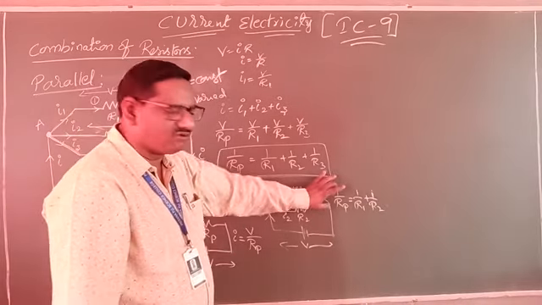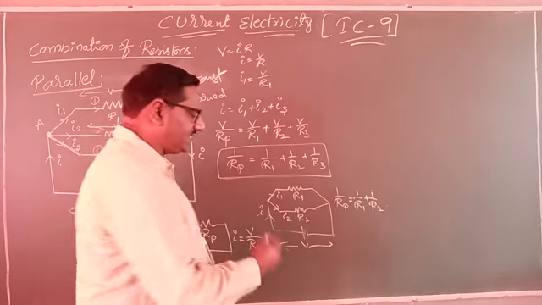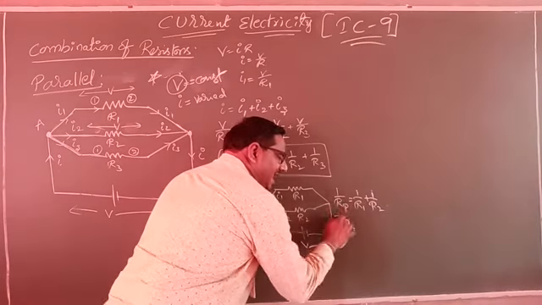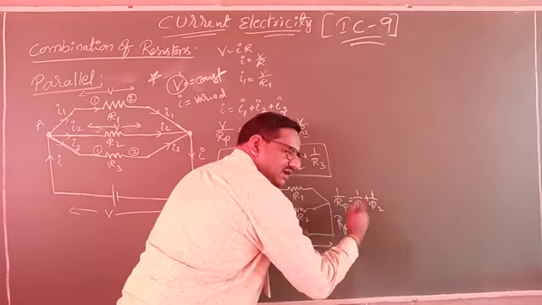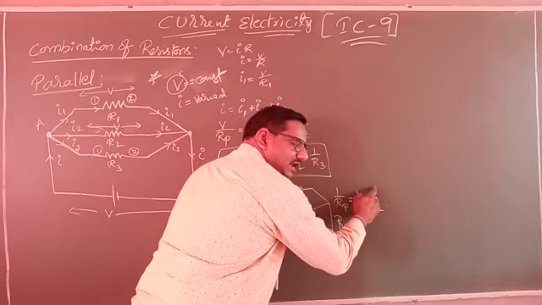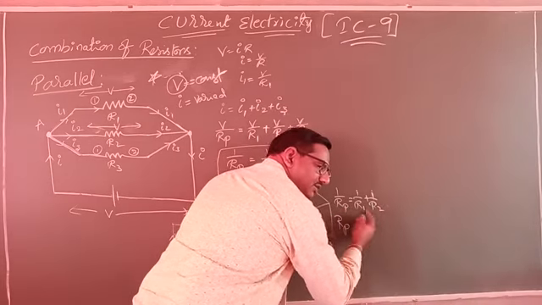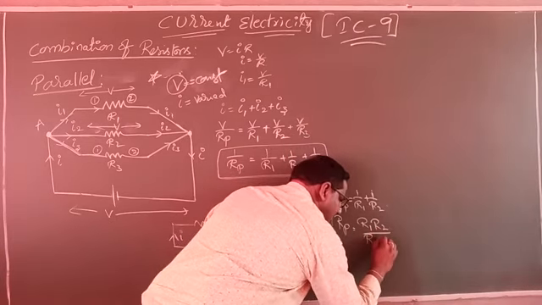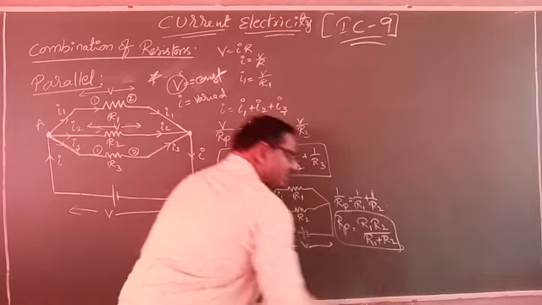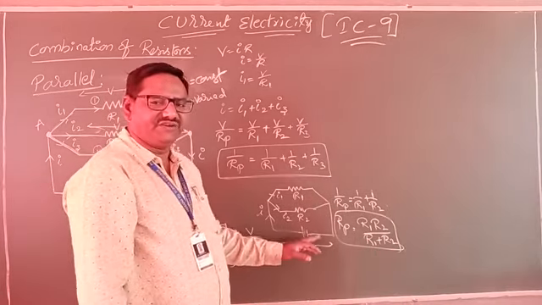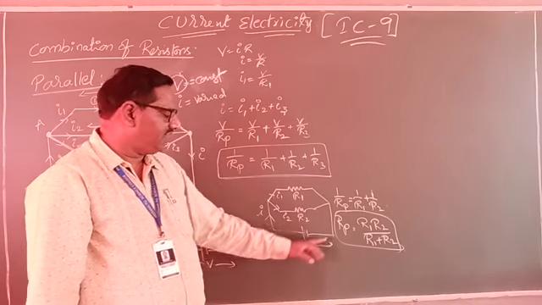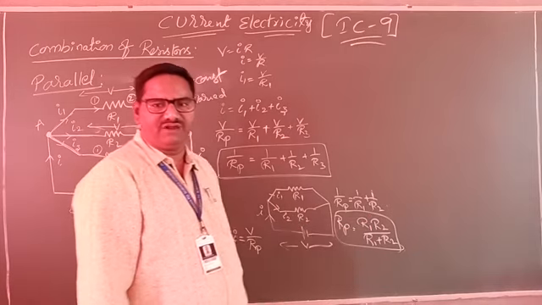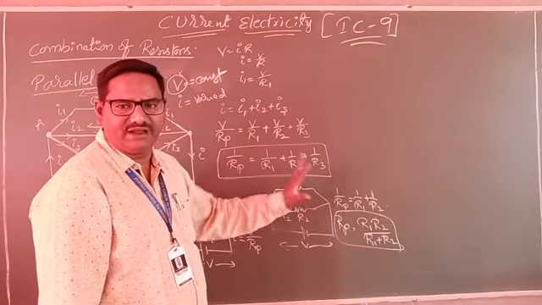Now I want to write one more shortcut. Directly I will write Rp equal to... here 1 by Rp. If you want Rp, take out the LCM, which is R1 R2. So here R1 plus here R2, then the R1 R2 goes up, and the final formula becomes R1 R2 by R1 plus R2. Remember this one, most important, direct shortcut. If two different resistors are connected in parallel, the effective resistance Rp equals R1 R2 by R1 plus R2. Do you follow? I am discussing directly in short forms here.